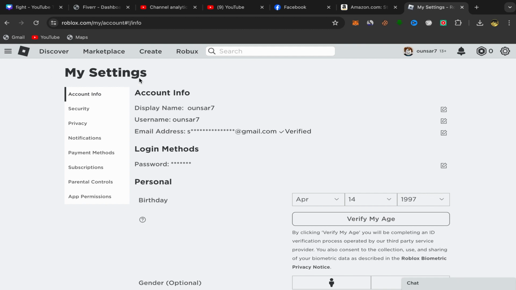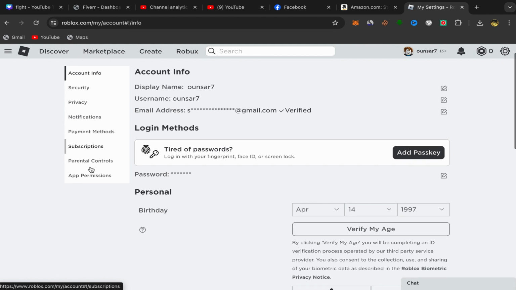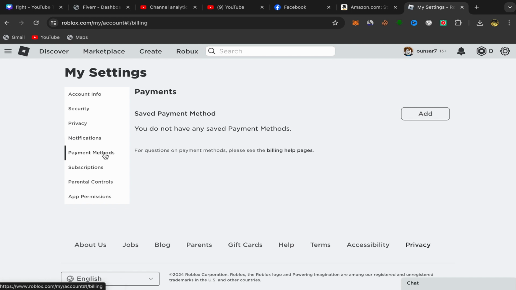You have My Settings, you have Account Information, and what you will do, you will scroll down and you should see Payment Methods. Click on Payment Methods and you will be directed to this page, as you can see. So click over here on Add,